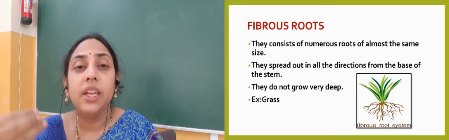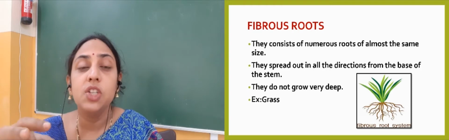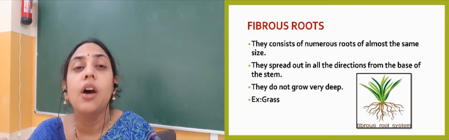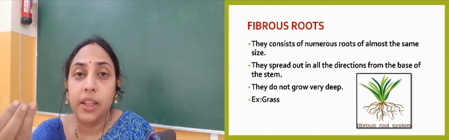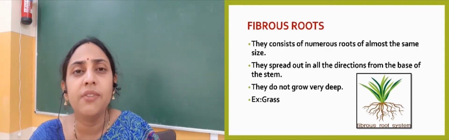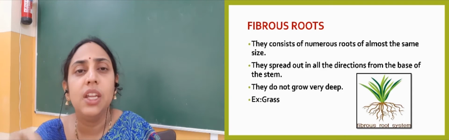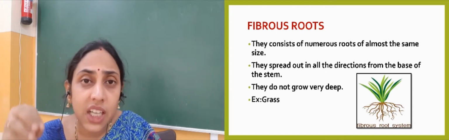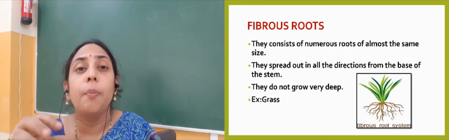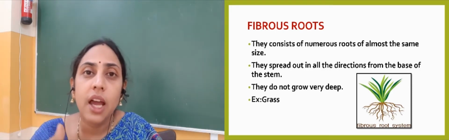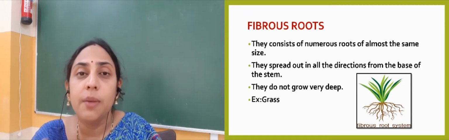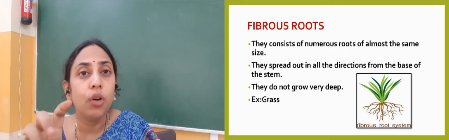These roots are many in number, they are spread in all the directions and they are very near to the base of the stem, right? So, these roots are called fibrous roots, and they are not very deep into the ground. That means they occupy space very near to the ground, they never grow very deep into the ground. So, these roots are called fibrous roots, and plants like grass, wheat, rice, maize, then sugarcane, all these plants have fibrous roots.